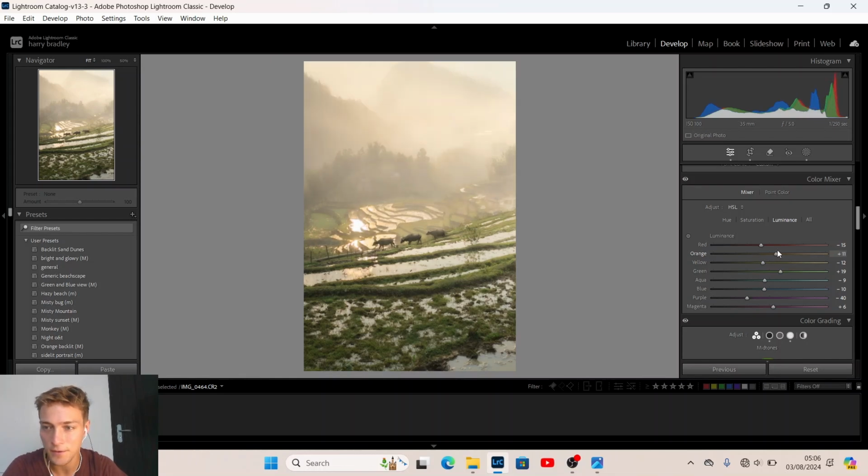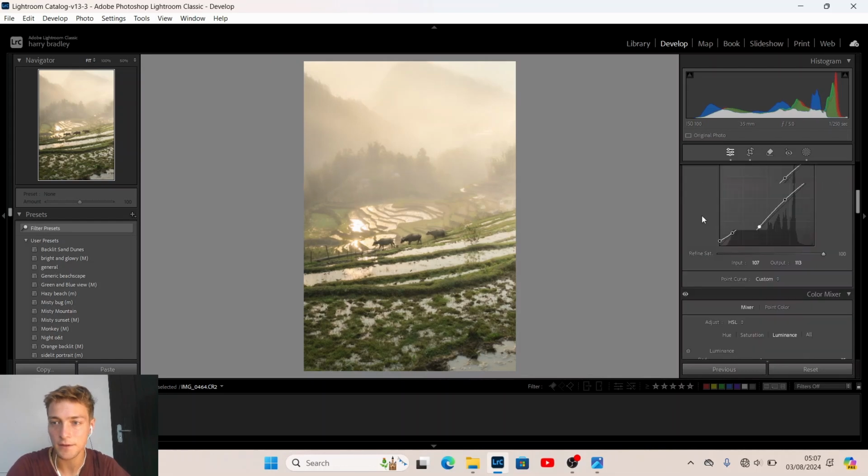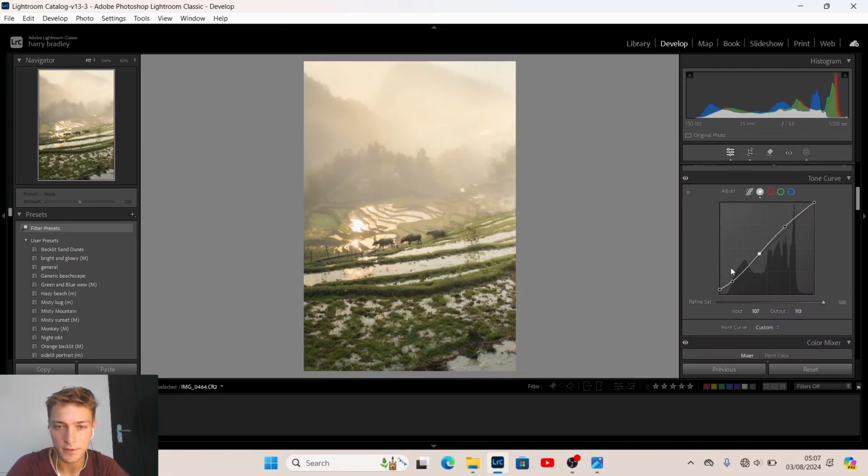So I think what we want to do is just decrease that brightness a little bit, just so it doesn't have too much of an effect in the scene. And the greens are obviously important. I think that's kind of improved it a lot now. The yellows are a big one in the scene. And I think we kind of want to add a bit more of this glow to the scene now that we see it. Okay, so now we go back to the curve